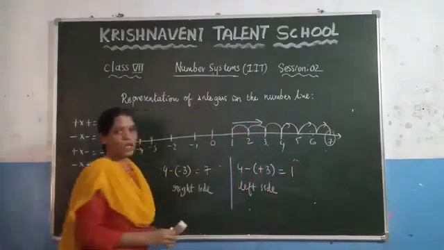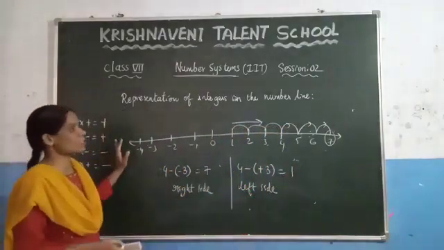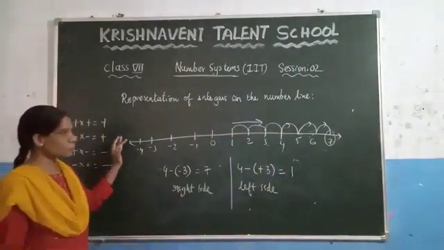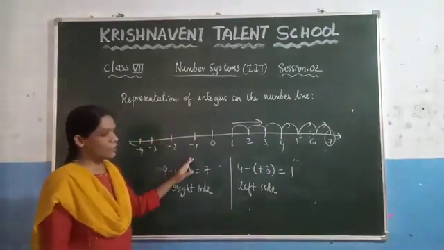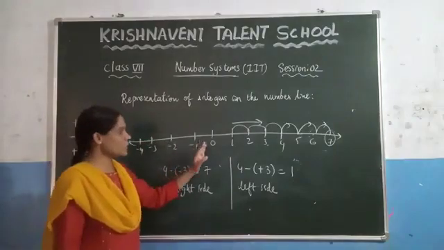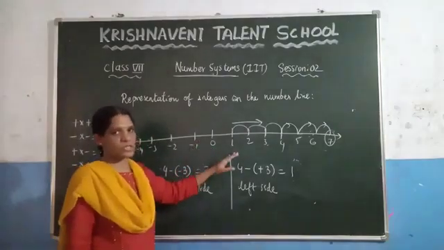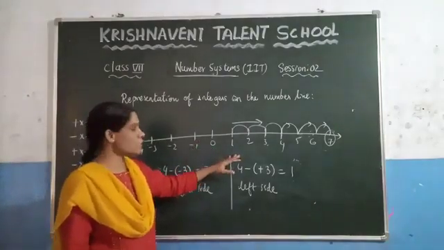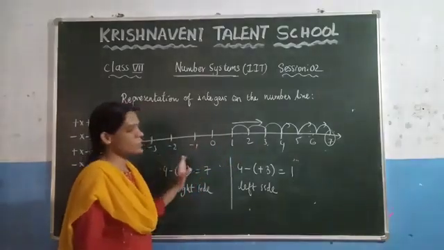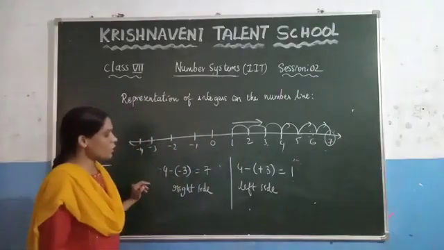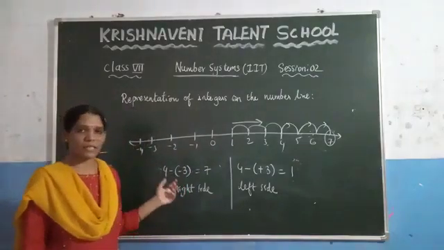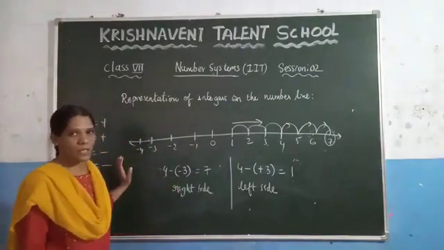1. So what we have discussed up to now is the representation of integers on the number line. If you want to represent integers on the number line, first you need to draw the number line. After that you have to place 0 at the center. To the right side of the 0 you have to represent the positive numbers. To the left side of the 0 you need to represent the negative numbers. And after that we discussed the addition of integers and the subtraction of integers on a number line.